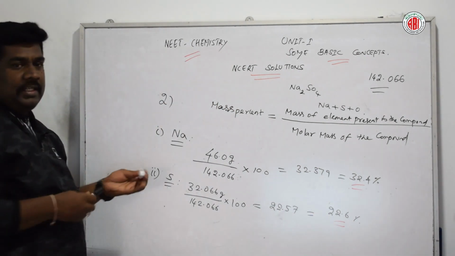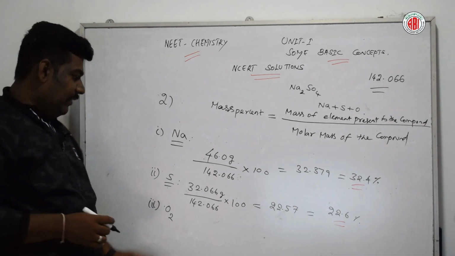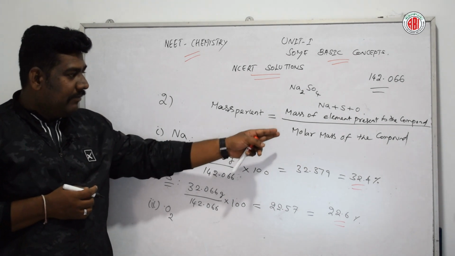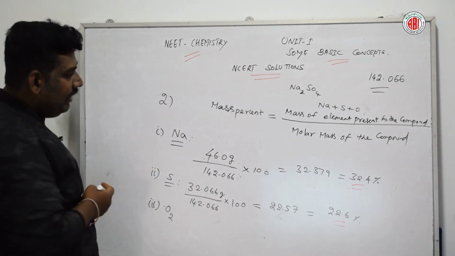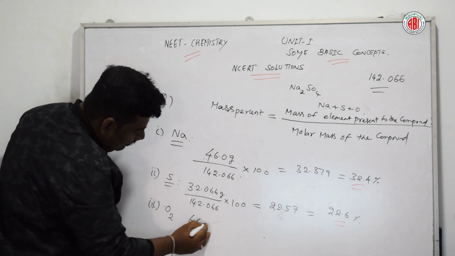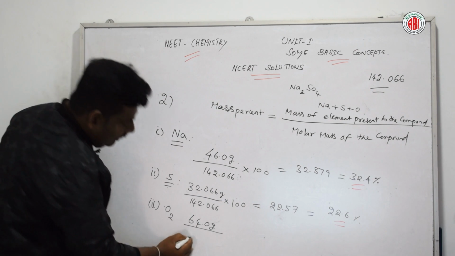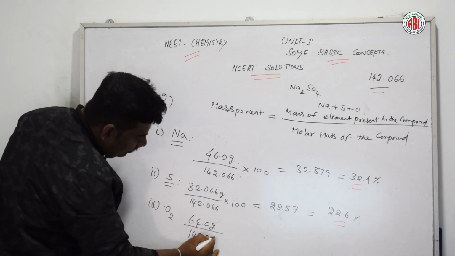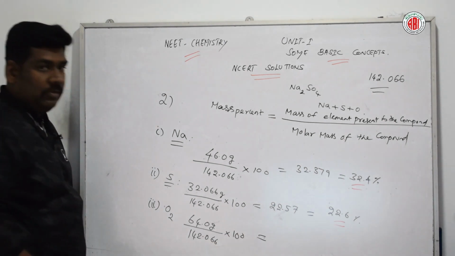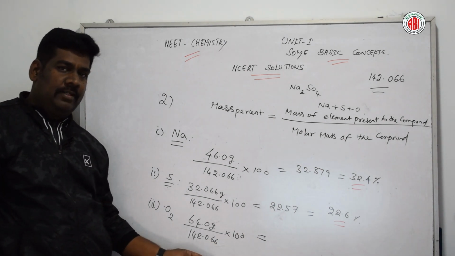Now let us find the mass percent of oxygen, the third one. For oxygen, we are going to first find the mass of the element present in the compound. The mass of oxygen present in the compound is 64.0 gram divided by molar mass, that is 142.066, into 100. Okay. So simplifying this, we will get around